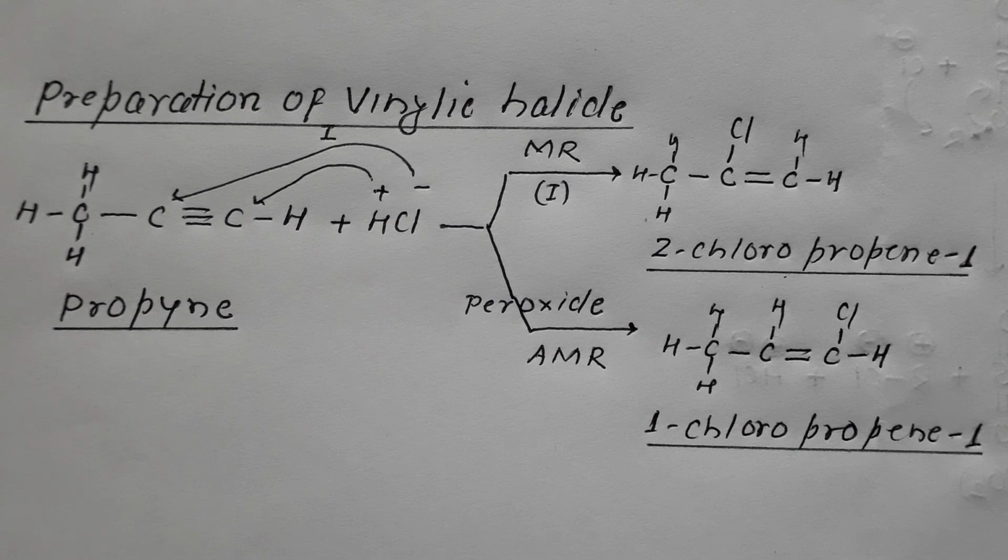There are many other methods through which it can be prepared. One of the very important methods is from ketone, which would be dealt with along with the ketone. So there are various other methods through which this vinylic halide can be prepared. We will deal with the topic with the ketones and aldehydes also.